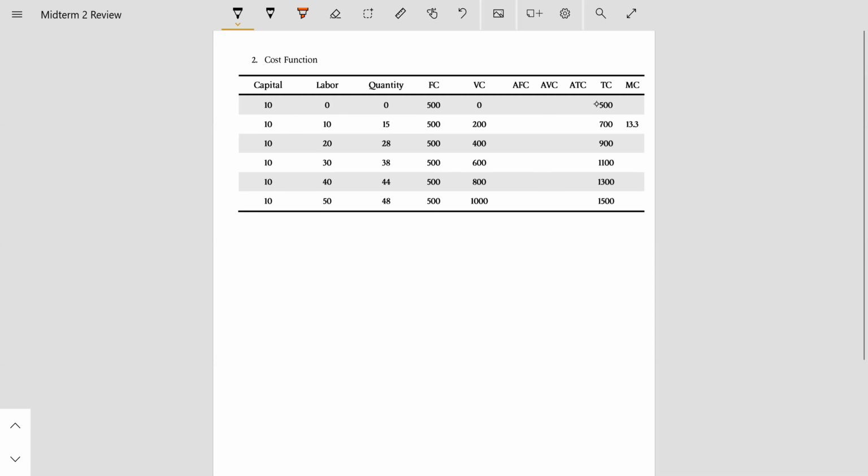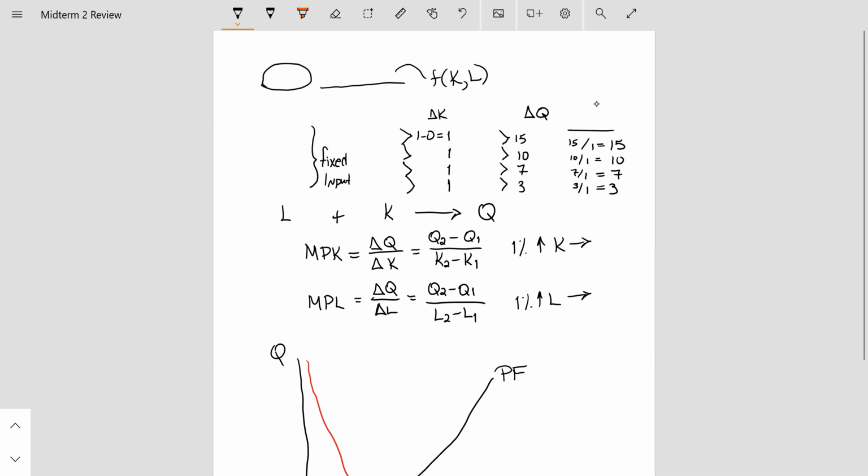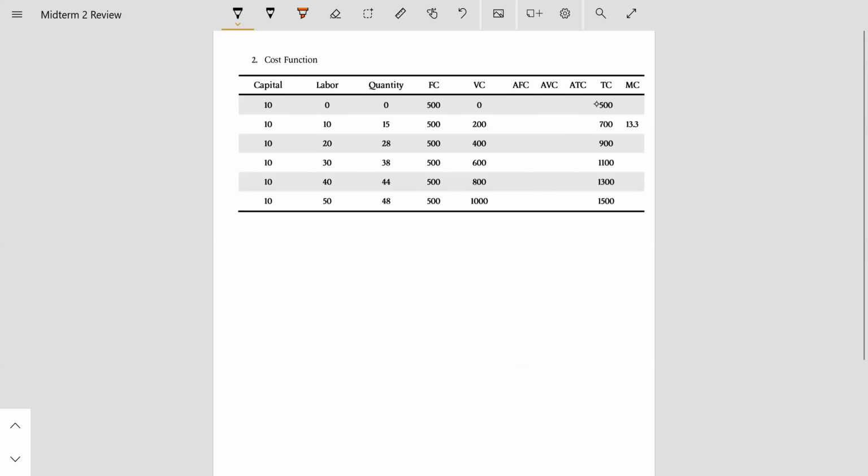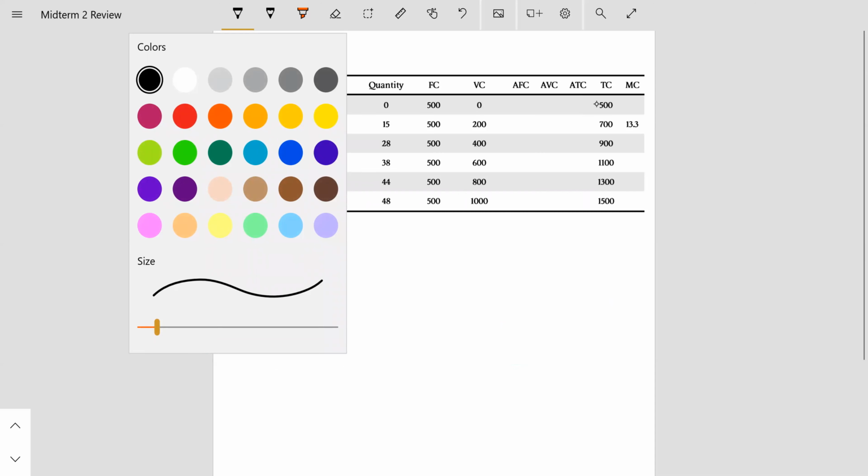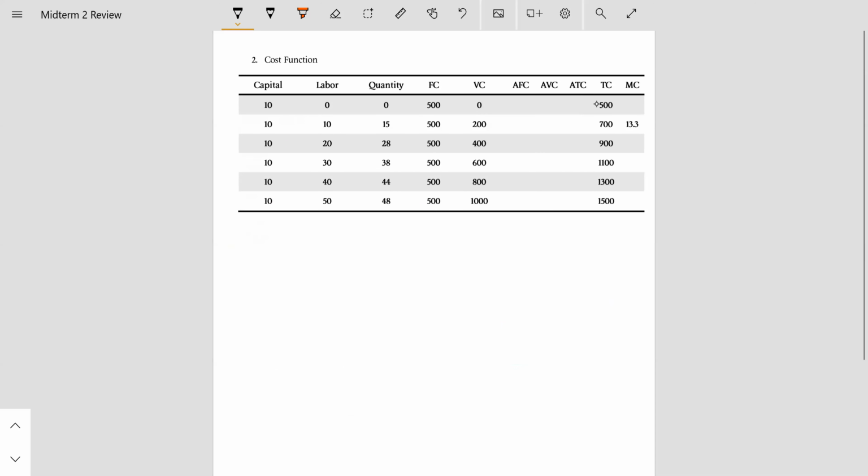well, I think I forgot to add something here. Well, we can do some insinuating. So remember in this case that now here capital is fixed, labor is variable, and these two will produce some level of quantity. And so